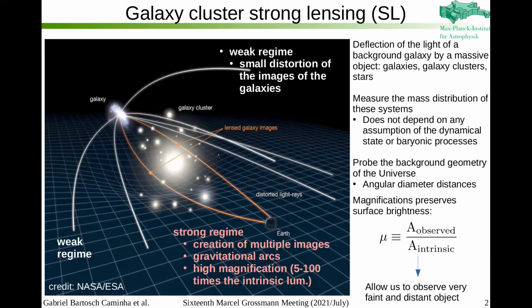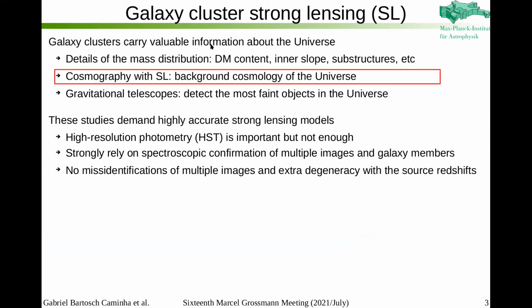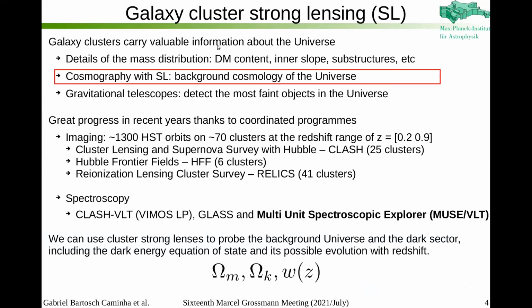With this, we can do a lot of different science. We can study the dark matter content in the clusters or in the galaxies. However, my work focuses on galaxy cluster strong lensing. We can study the dark matter, the inner slope of the mass distribution, and the substructures. We can also constrain the background cosmology of the universe. When I say background cosmology, I'm referring to the cosmological parameters: omega matter, the density of the dark matter plus standard matter, the curvature of the universe, and the equation of state for dark energy